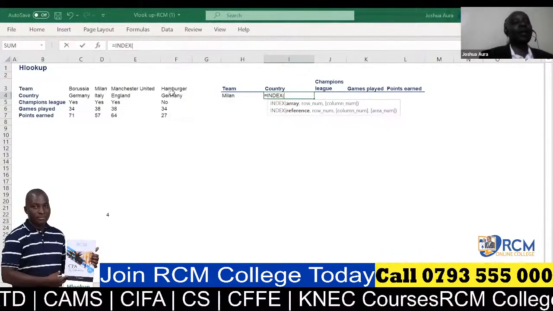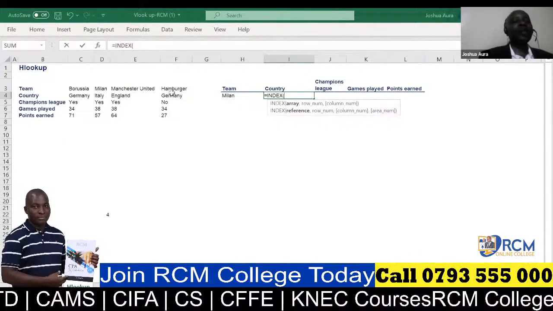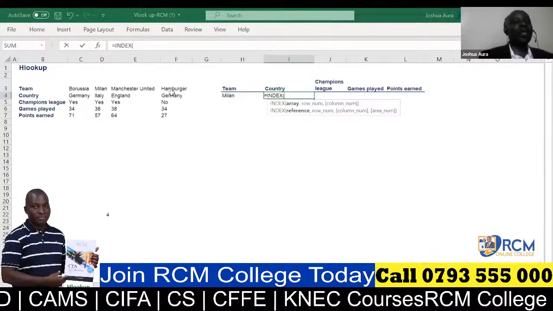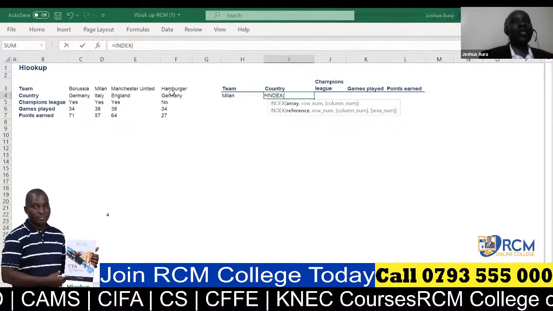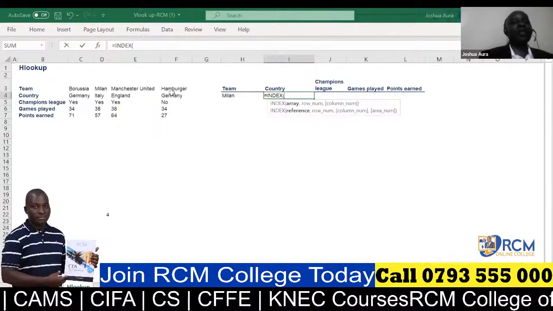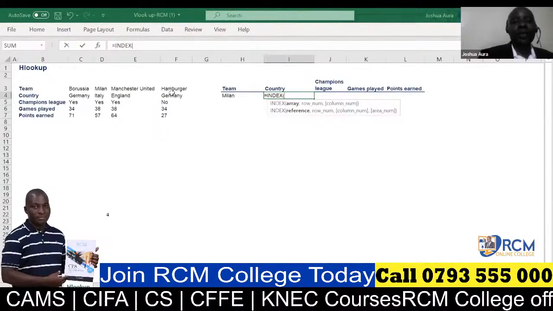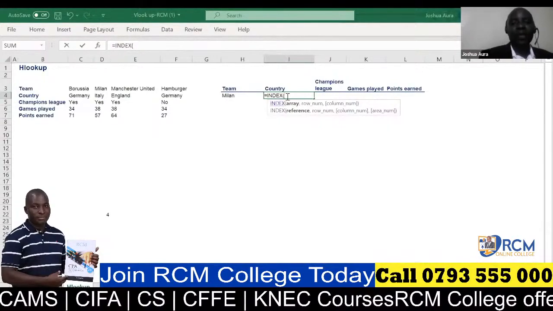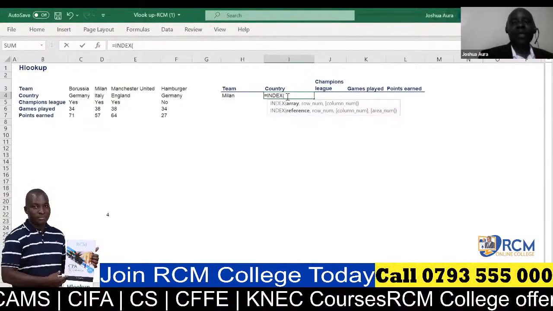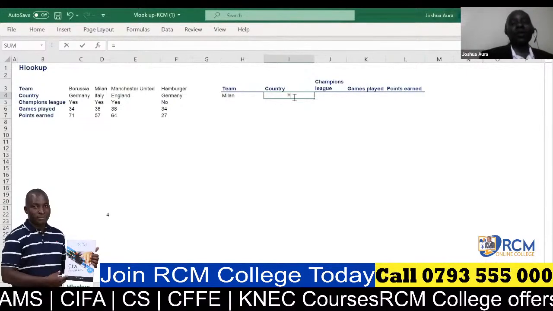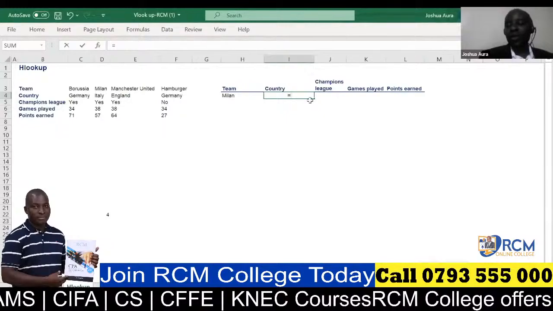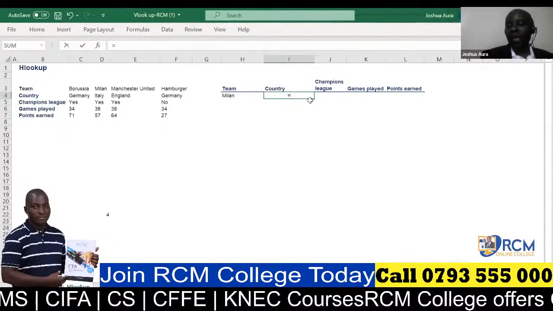Horizontally, right? But I would want to crack it using index and match. So in this case, what I shall do, I'll come right away here and say equals. Once I start with equals, ladies and gentlemen, then straight away, I will be able to crack this thing very